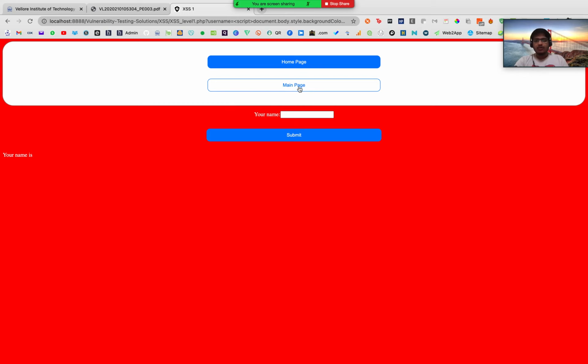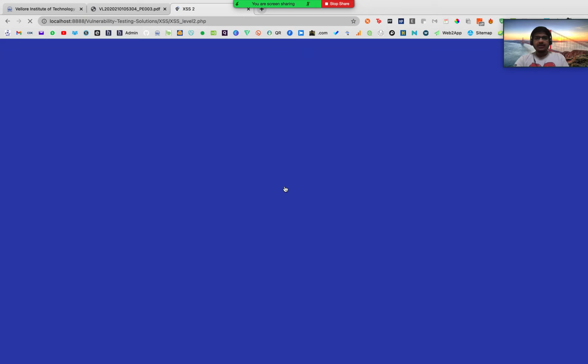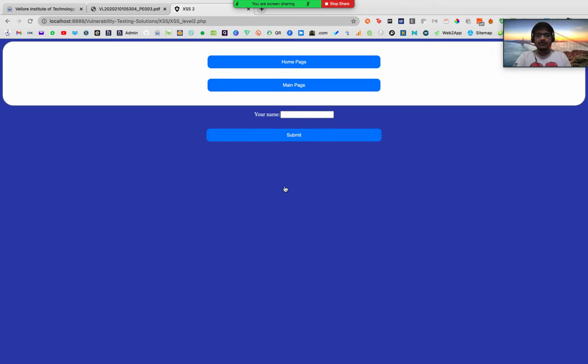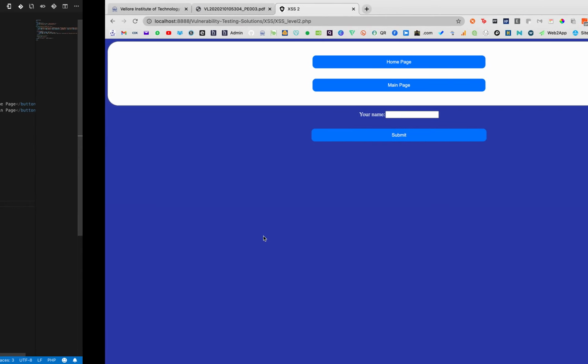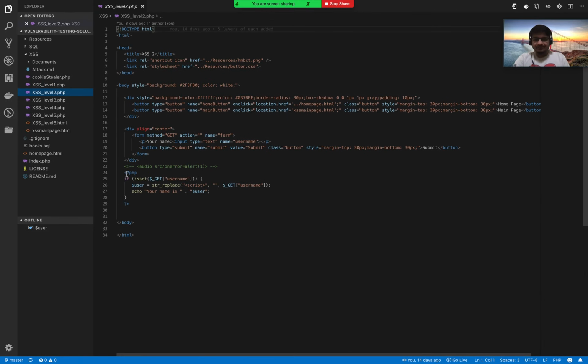Now I'll move on to the next step, which is a little more secure application, but I'll still perform and break that. This will help us know what is the best preventive measure for XSS attacks. So again, now I'll just show you what is the security measure implemented over here. Over here, if you see the term script anywhere, then what I'm doing is I'm replacing it with nothing.